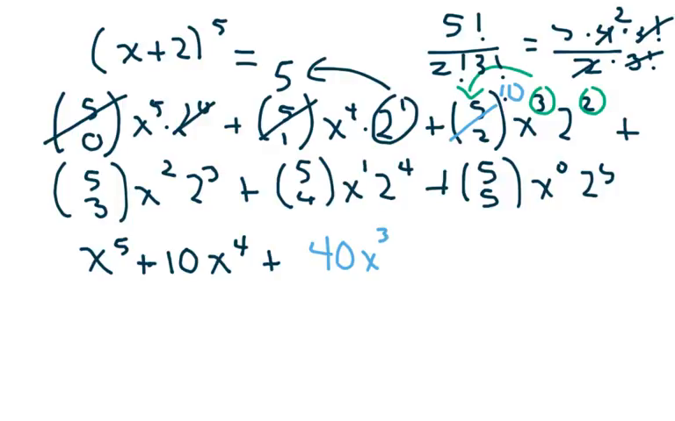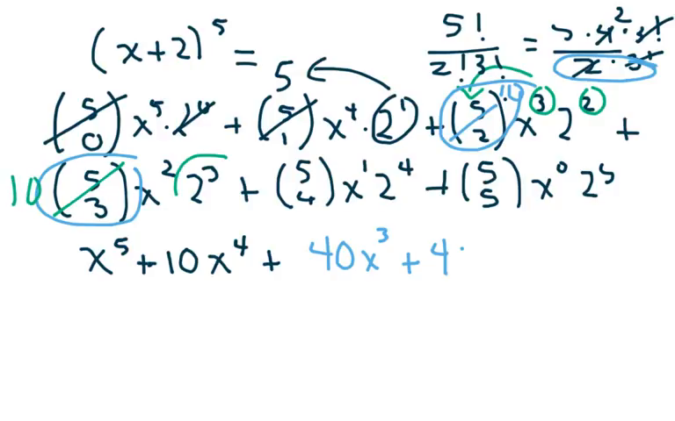x cubed, plus these two are basically the same, because you're just reversing the order here. So we're going to get 40, it's actually not, this is going to equal 10 times 8, which is 80, x squared,